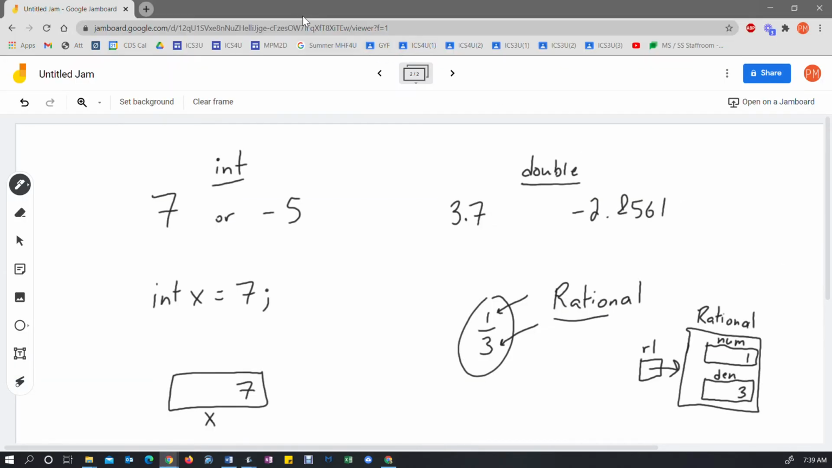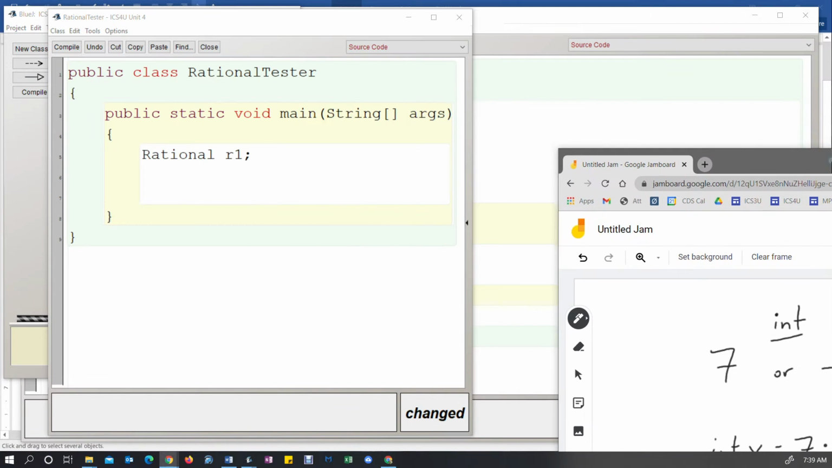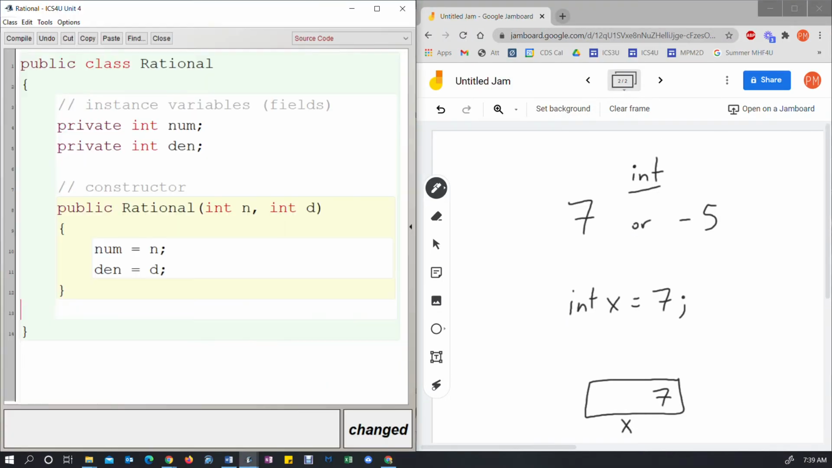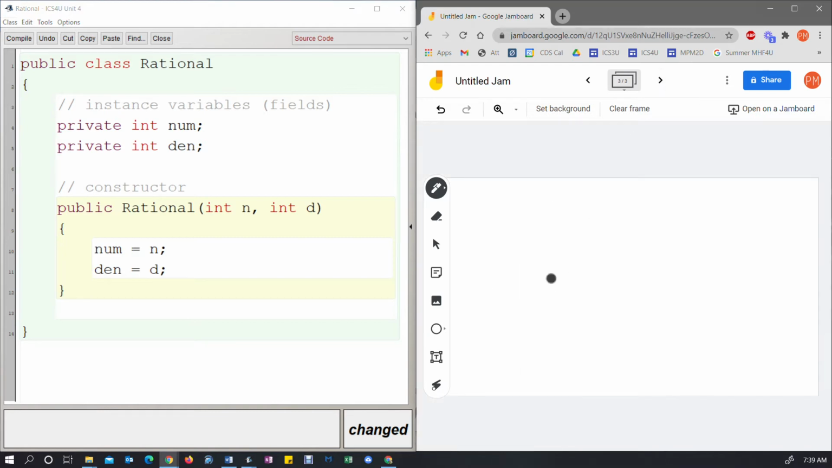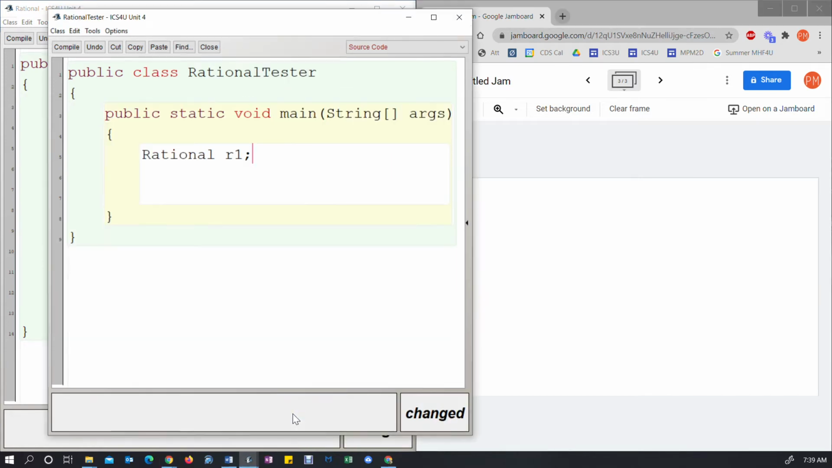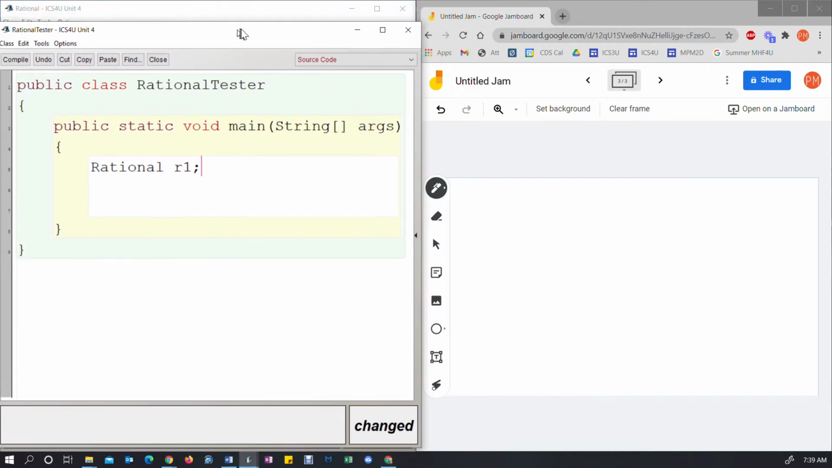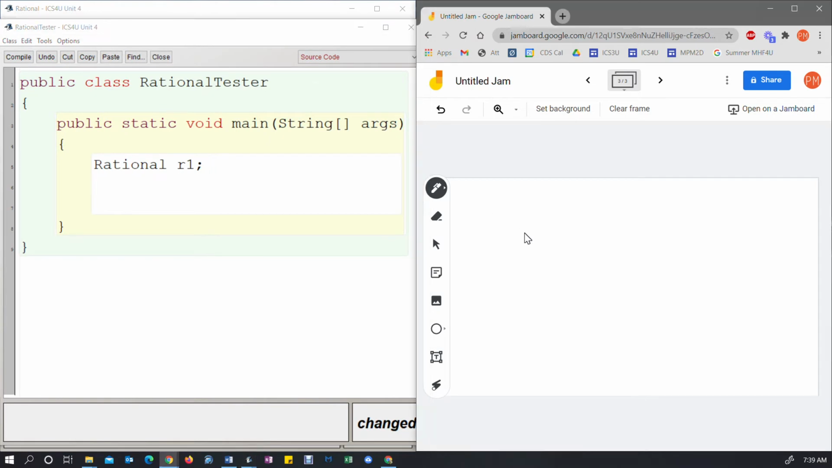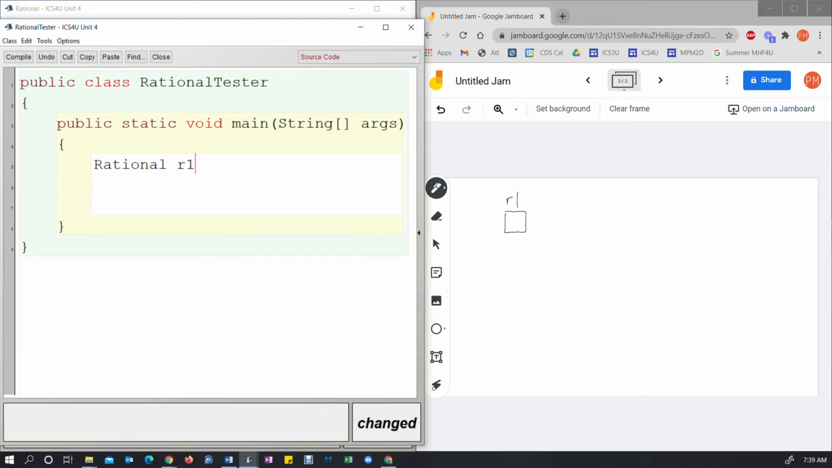Let me just get this split screen here. So, if I go back to the rational tester, that will create in RAM just a little reference called R1. All right, but if I want to actually create the object, I'm going to assign this to a new rational,